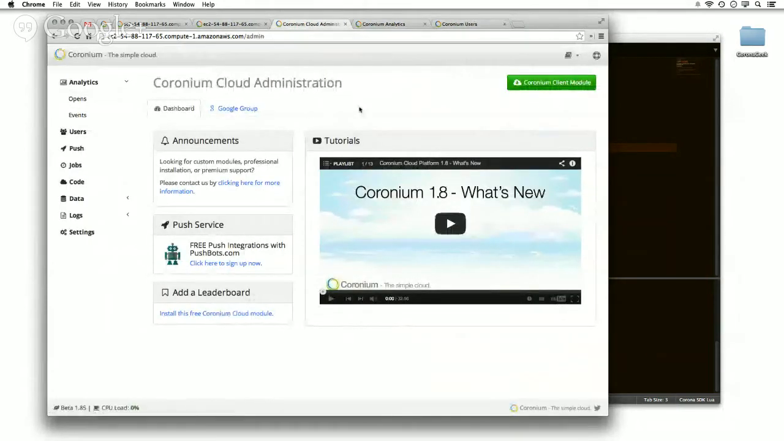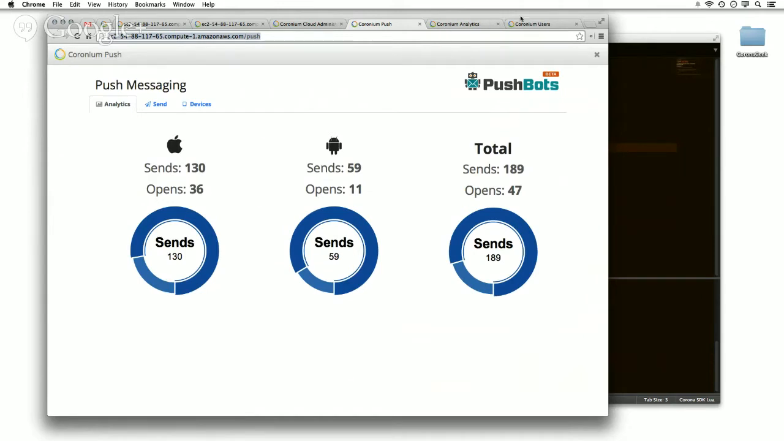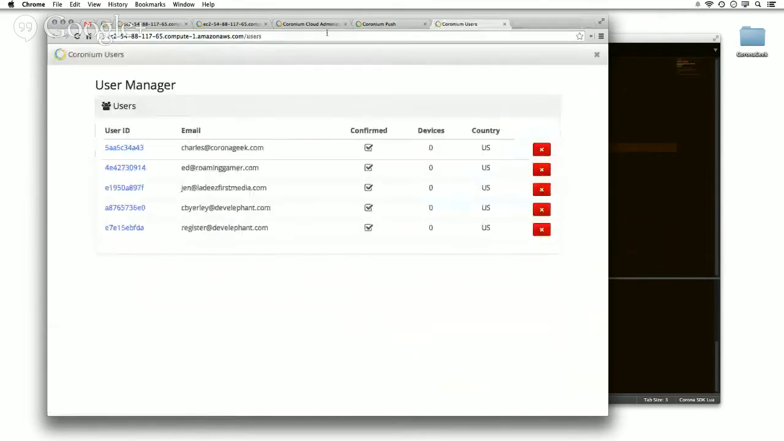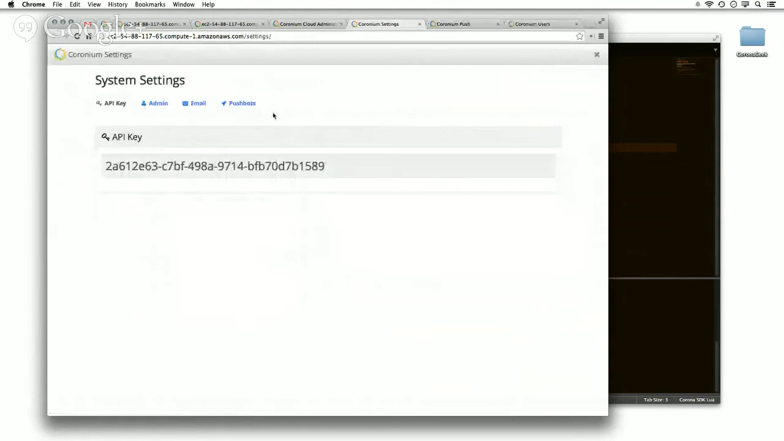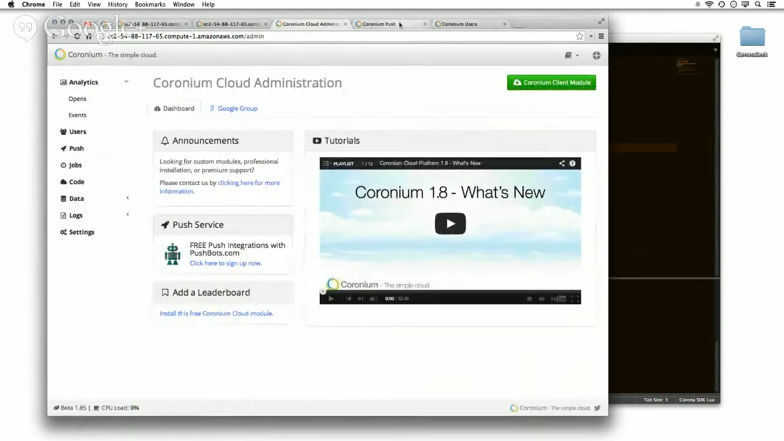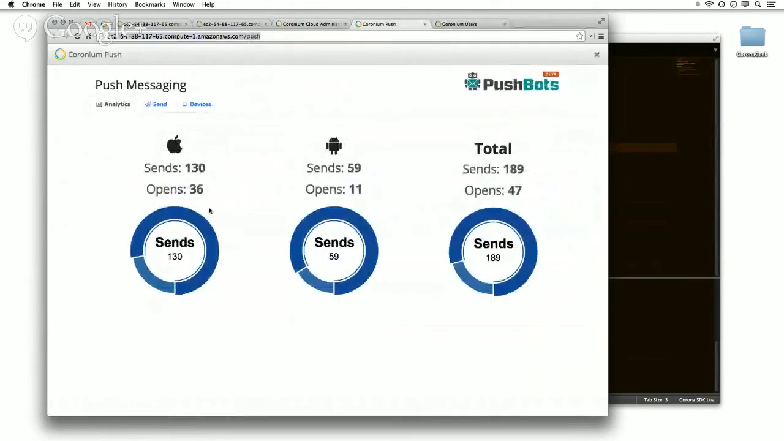What I've done is, Pushbots has a really nice simple API for integrating with their systems. Unfortunately today they're running a little slow. But once you punch in your settings for Pushbots, which is under our settings area, you just put in your application ID and your application secret, which you grab from the Pushbots site. And then you'll have this integration, and this is some stats that are coming from Pushbots